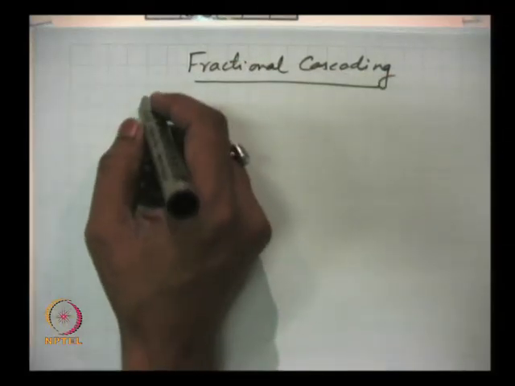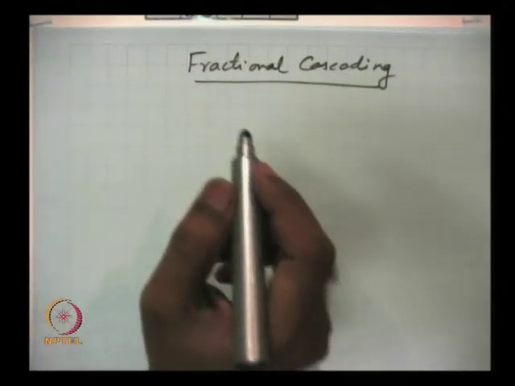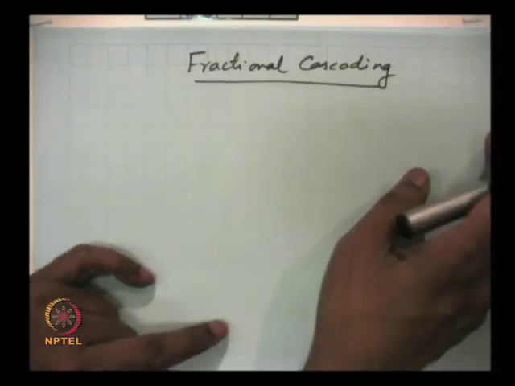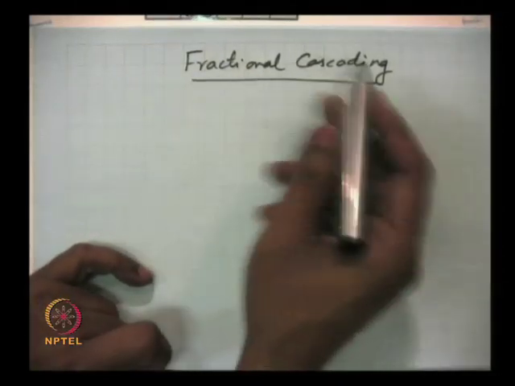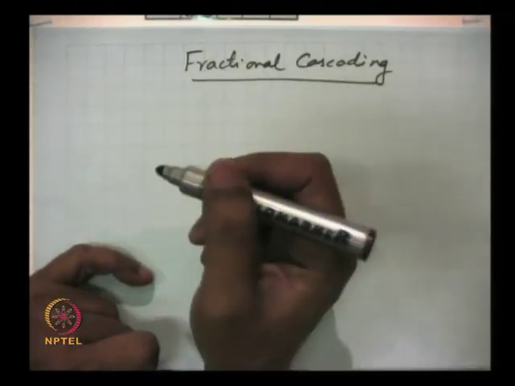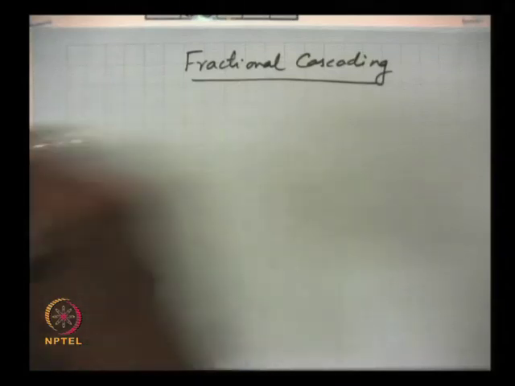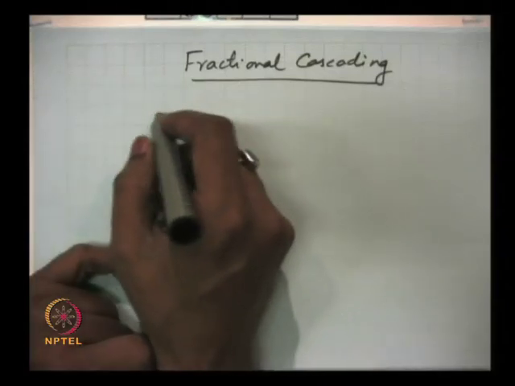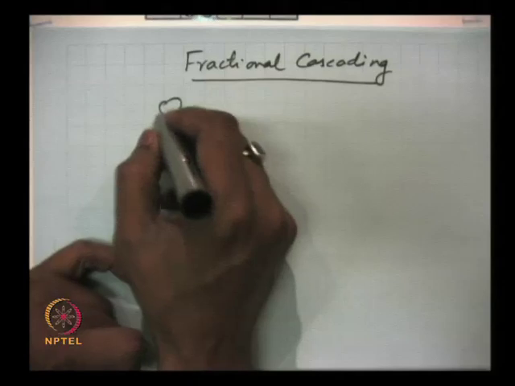So, the overall scheme or the overall technique of fractional cascading is quite general actually. The way we require it here is that we have a sequence of lists. So, if you look at the range search tree,